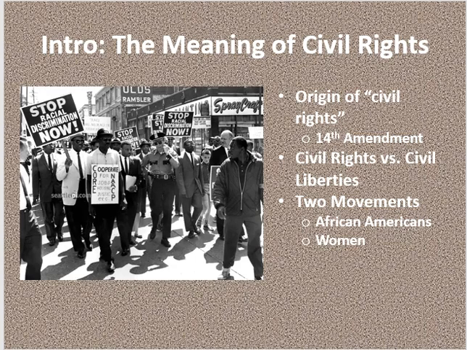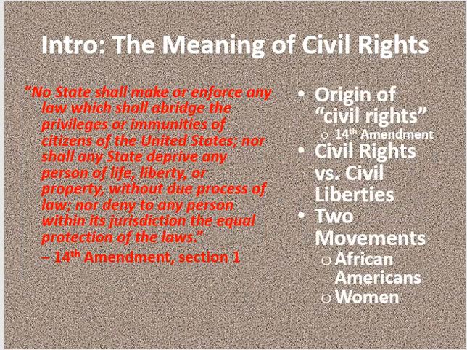This concept originated with the 14th Amendment to the Constitution that was ratified in 1867, which says, in part, according to the 14th Amendment, Section 1 here, no state shall make or enforce any law which shall abridge the privileges or immunities of citizens of the United States, nor shall any state deprive any person of life, liberty, or property without due process of law, nor deny to any person within its jurisdiction the equal protection of the laws. That's 14th Amendment, Section 1.